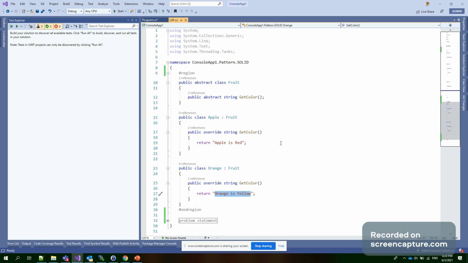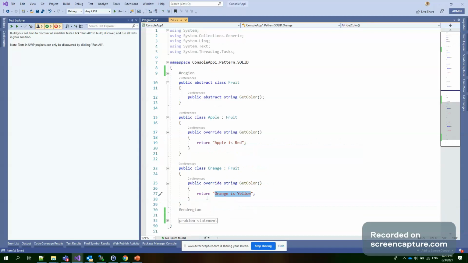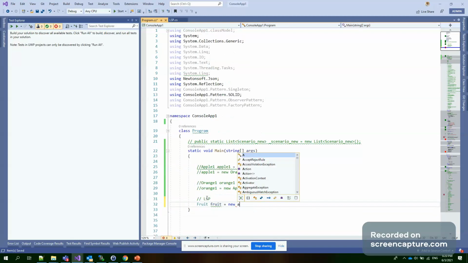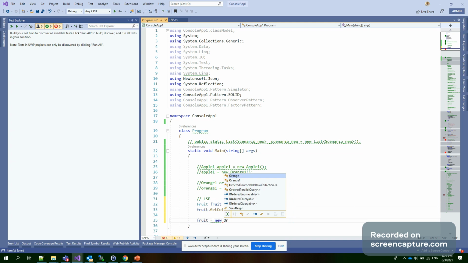Now we can do the same experiment in Program.cs. We mark it as LSP, and here we give the reference of Fruit: Fruit fruit equal to new Apple. Then we can use fruit.GetColor, and write it with Console.WriteLine. Now with the same object instance, fruit equal to new Orange.